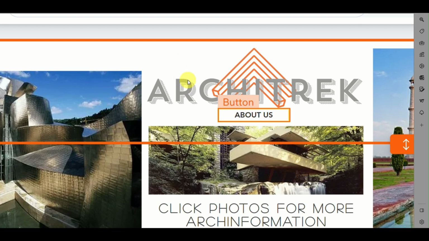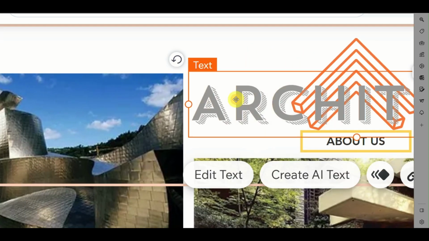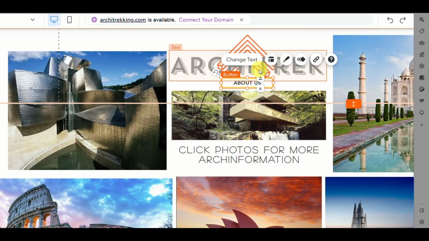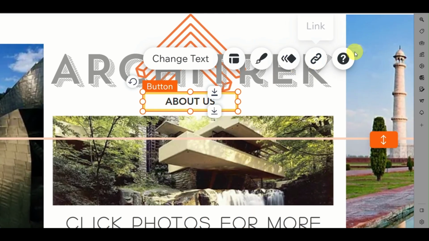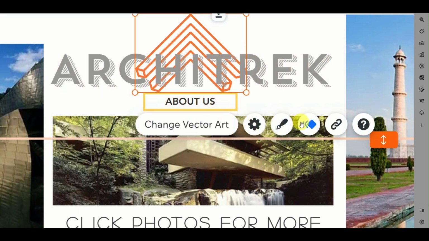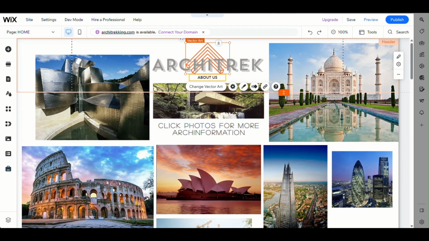Here, as you can see, you can definitely also double tap on the word or the text that's on the website, and you can simply do the quick edits from there as well. Like you can add an animation, or you can change the vector art, you can have settings, and many